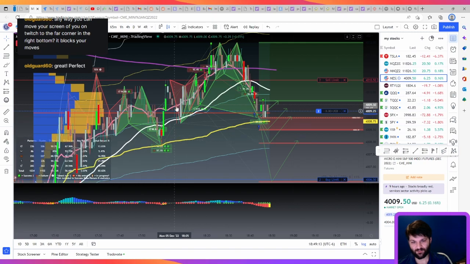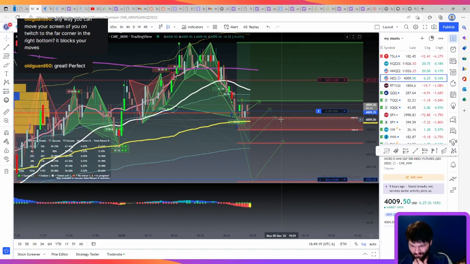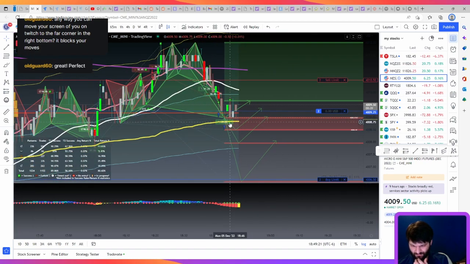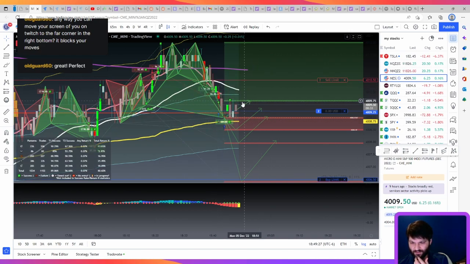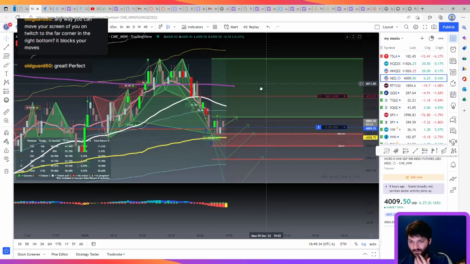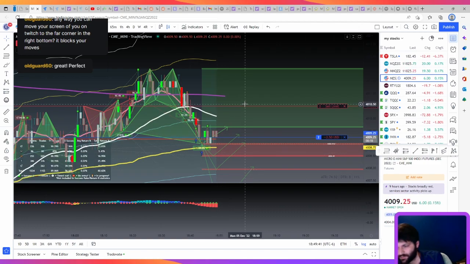So far the M's have done very well, so I'm gonna trust it. It's apparently already hit the first target. It looks like it's trying to tell me. Yeah, it's already hit the first target. Yeah, it did. Right here. Which for me was nothing. So hopefully it comes up to the second target. So I'm long. Remember, I'm long.